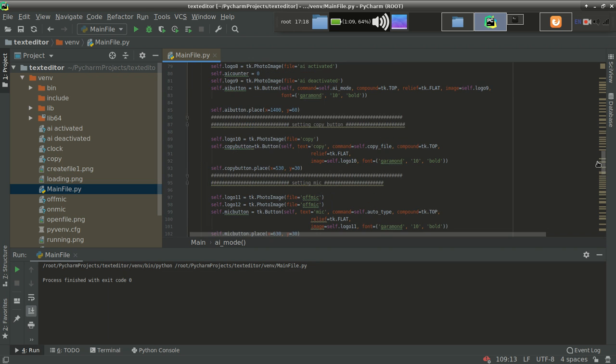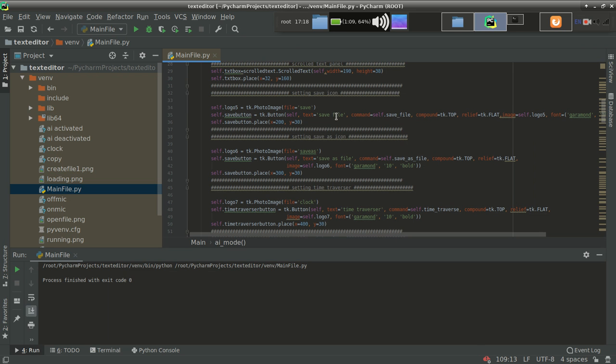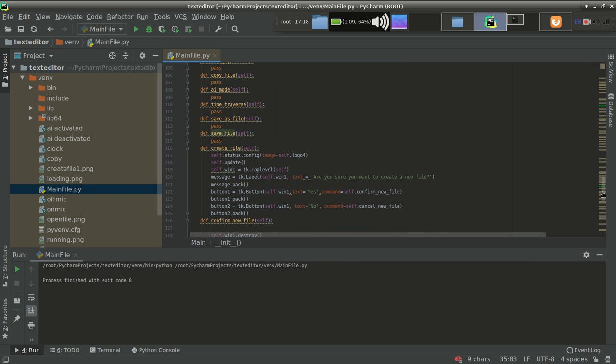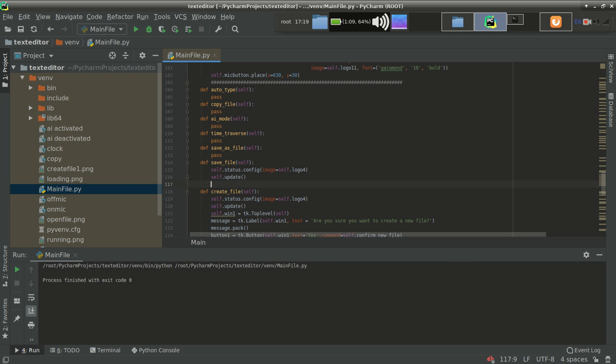You can see that here I am using the save file button, setting the save icon. And the command, whenever the user clicks over here, the method which will be called is save file. So just jump over here, save as file, not save as file, that is save file. Okay, let's write. So the basic thing is our indicator, so just use that. So the indicator has been used.